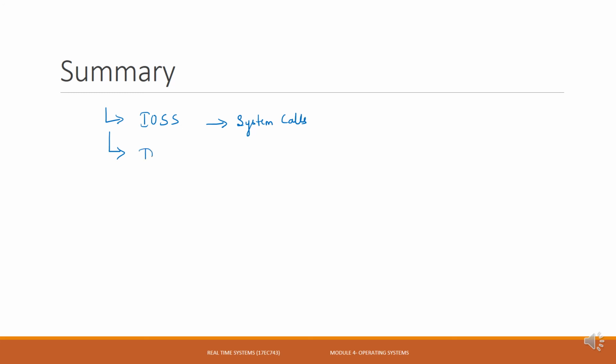Before that, we also looked into what is DCB. DCB is the one which holds the details of the devices. It's just like TCB which holds the details of the task. We have something called device related information. This is not data, it is the device control block. So we understood that there are two types of information. First is device related information and the second is data related information.